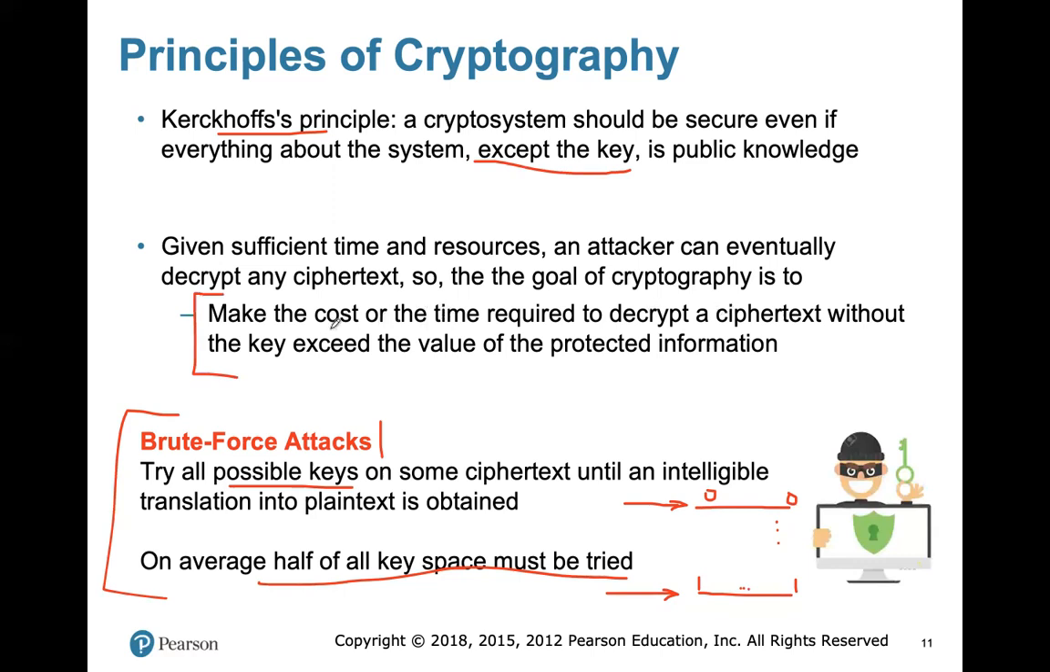The goal is to make that cost or that time greater than the value of the protected information. I have a piece of information which is being protected. Let's say I have 1 Bitcoin, and that Bitcoin is protected somewhere. It's worth, for example, let's say $40,000. If for getting that key, for finding that key, you need to pay something more than $40,000,